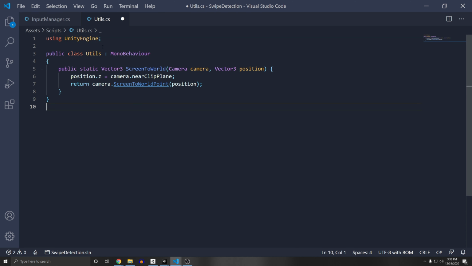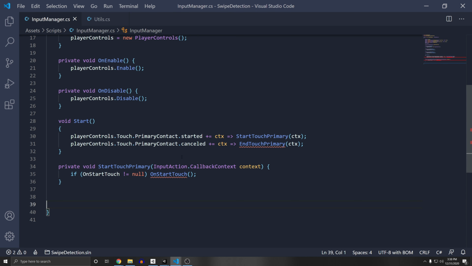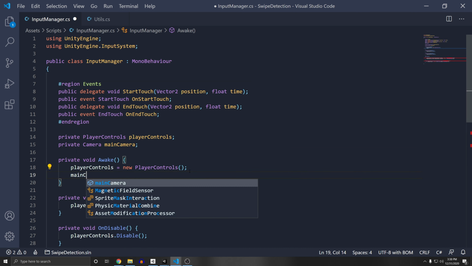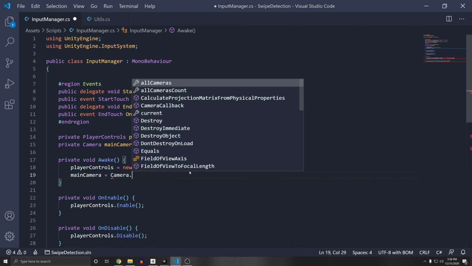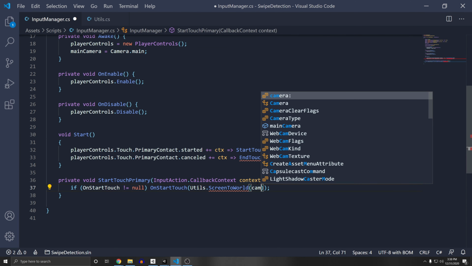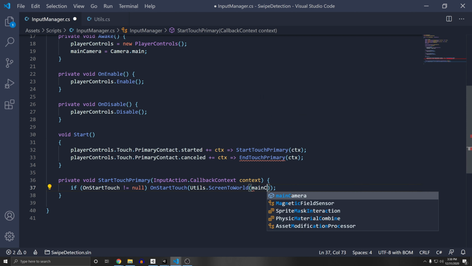And I can erase these two using statements. And so since it's static, now here on the OnStartTouch, we can just pass in the Utils.ScreenToWorld, and we can pass in a camera, which we'll need a reference to. So private Camera mainCamera, and then in the Awake function, you can say mainCamera equals Camera.main. So we're just getting a reference to our main camera, and then we can pass in our main camera here,